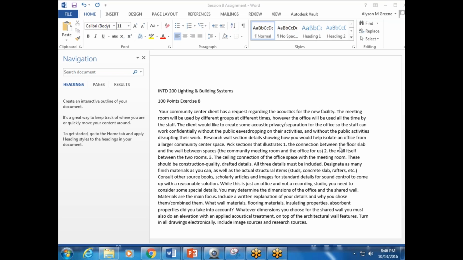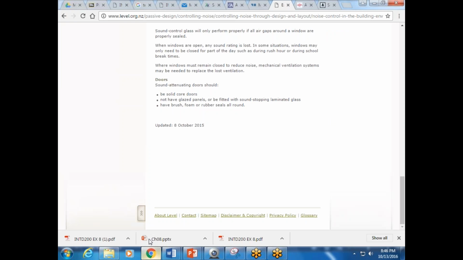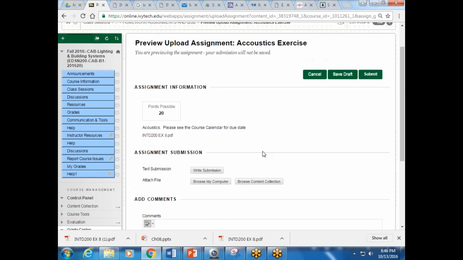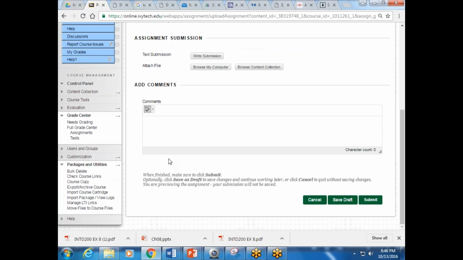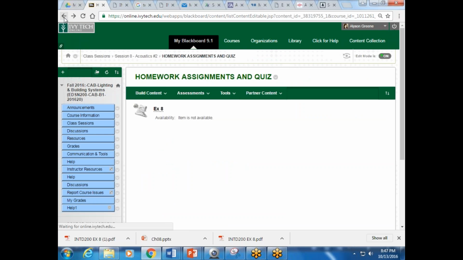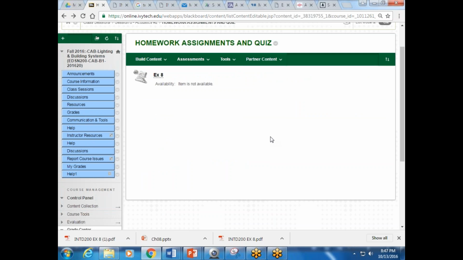Does it not show you? Because here, I'm going to pull it up online. So if I go to Blackboard, acoustic exercise, because I set it with a due date, and I thought that it just shows to you guys on the screen. I thought the assignments were due on Thursday before class. No?